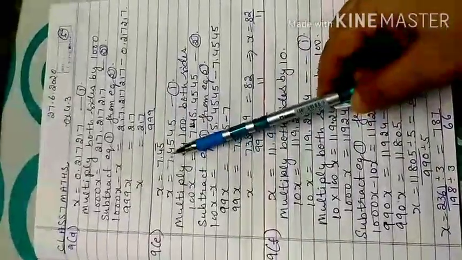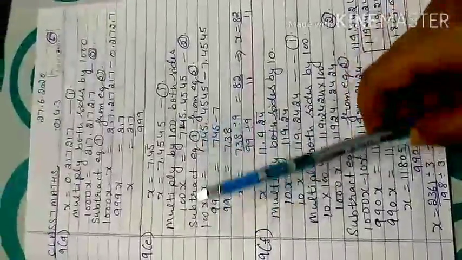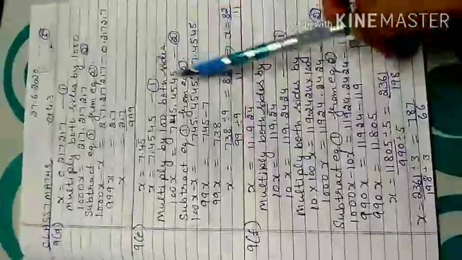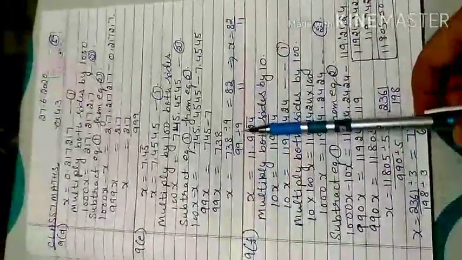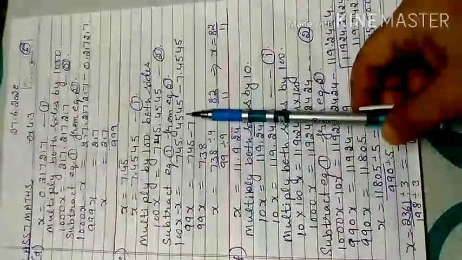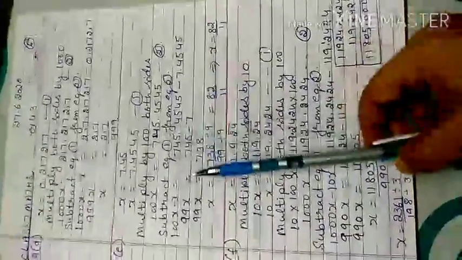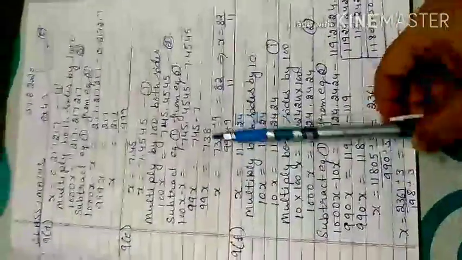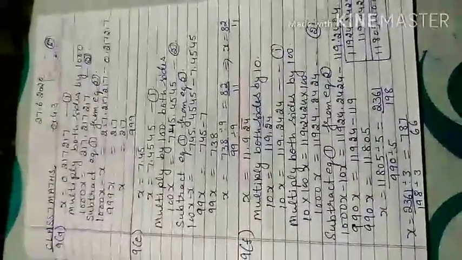Now x is equal to 7.45. Here 45 is repeated. That means I multiply both sides by 100 to shift 45 to this side and add the next repeated number 45 to make equivalent like decimal numbers. Now after subtraction I will get 738, because after the decimal the same is there, only you have to subtract 745 minus 7. So the decimal part is removed by 0. After subtraction, 738 by 99, and HCF is 9. Dividing by the HCF, I got 82 by 11.